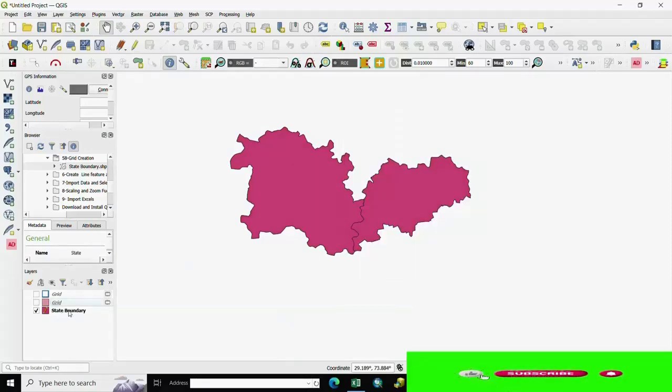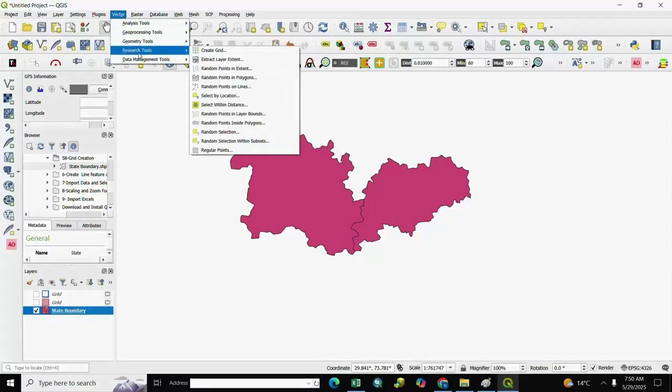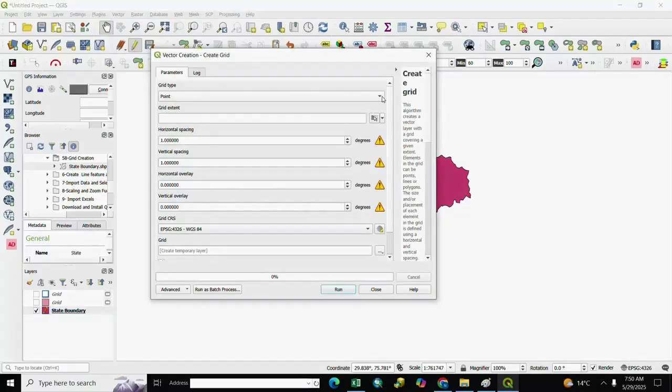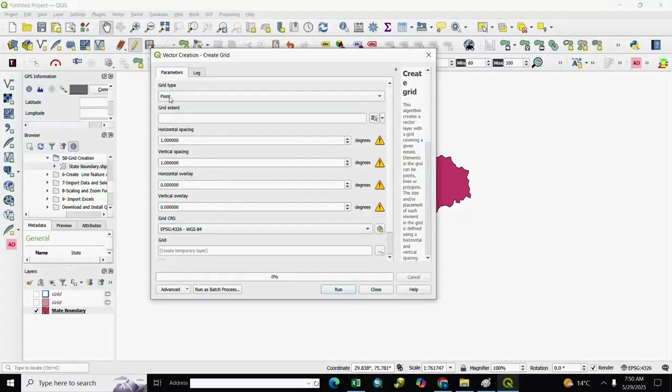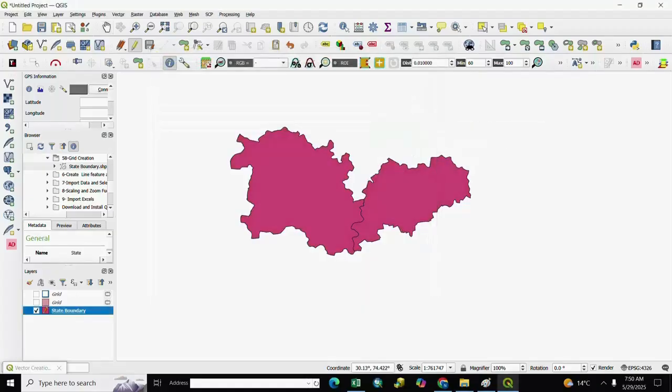And if you want another, go to Vector, Research Tool, Create Grid and if you want to create a grid of only points, you select point here and grid extent, we select this one only.